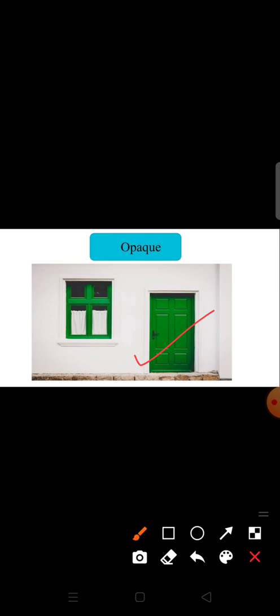So that the people from the outside cannot look into our homes. That is why the doors are usually made of opaque materials. Okay. So based on the properties of materials, it is always decided which material is used to make which object. Okay. Now before wrapping up this chapter, one more topic is left, that is,